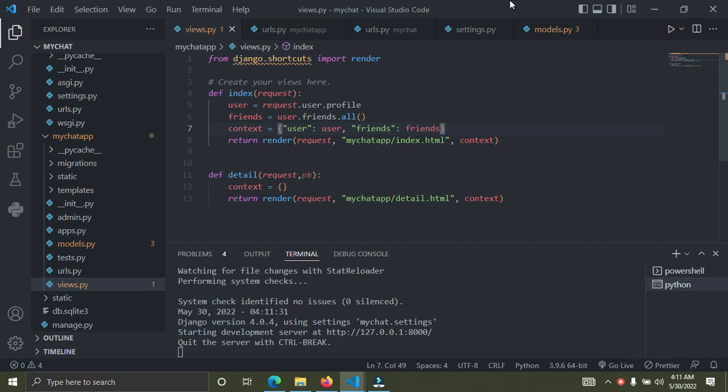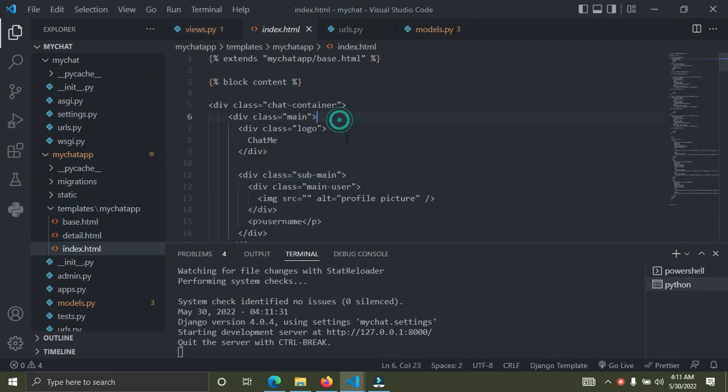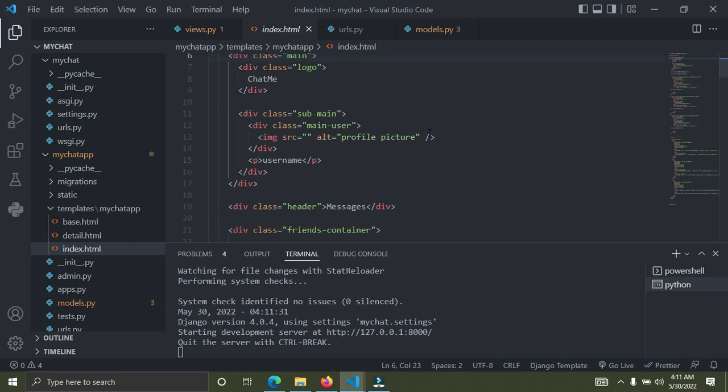So I'm going to open that template right now. I need to close some of this stuff, they are not needed. So open the index.html template. Let's do this fast. So now right there you can see this is what we need. Right there we need the user's profile picture, and there we need the user's username. So now I'm going to come down here and say user dot